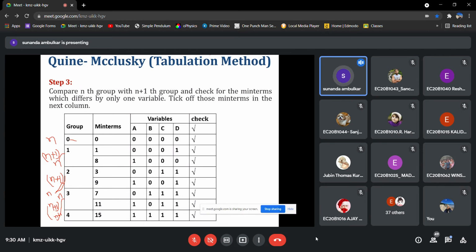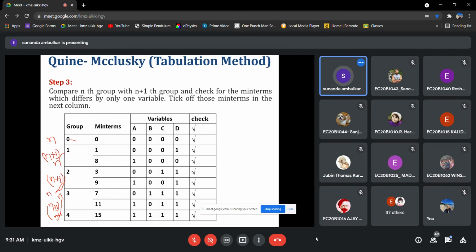So while comparing the n and n plus 1 groups, we will check off those min terms which have only one variable changed. Only those which differ by only one variable will be taken. Let's see how we can do this.